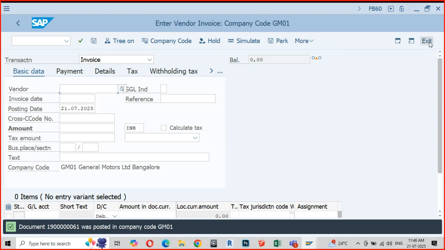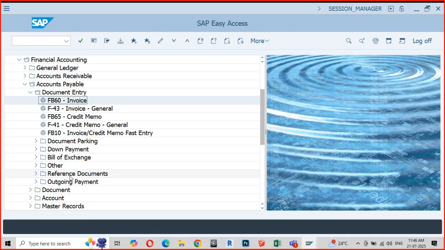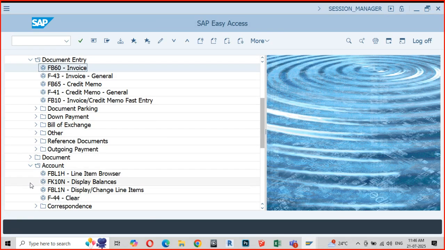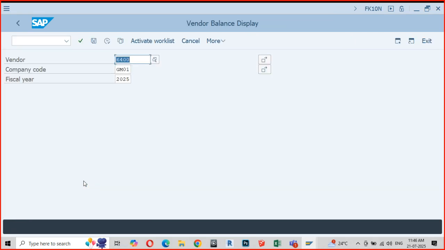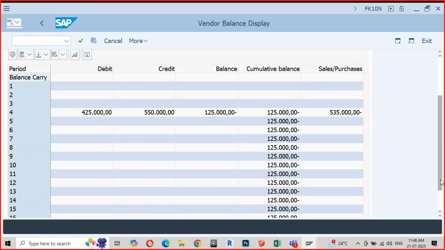Let us see whether the system is also showing the same amount. Account FK tenant. Now can you see the general purchase has boosted up by 1,25,000.